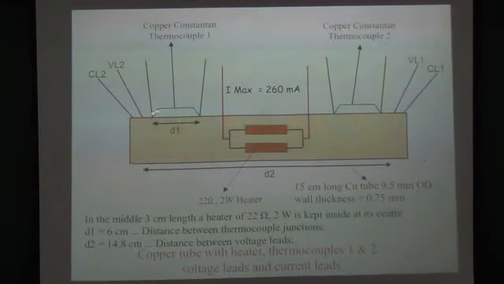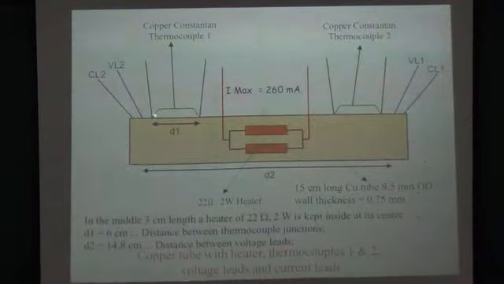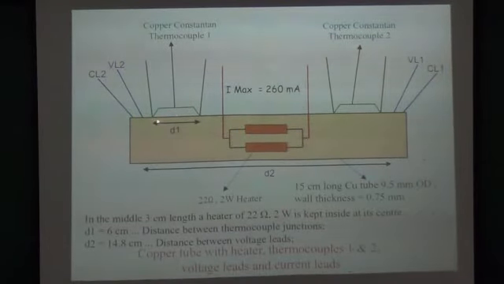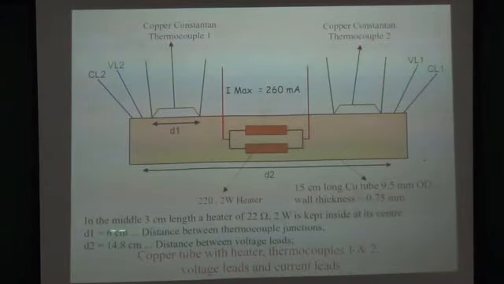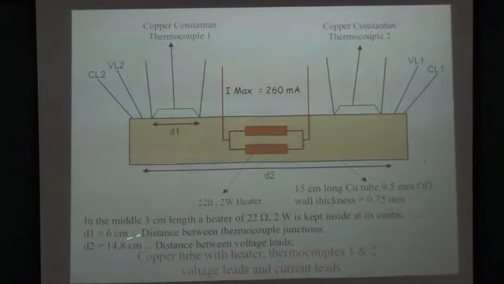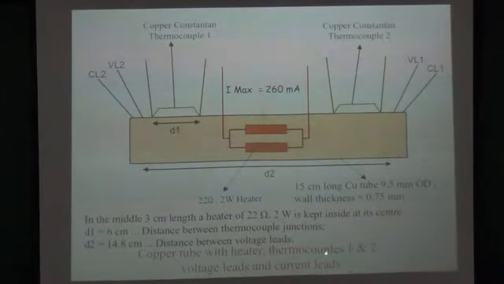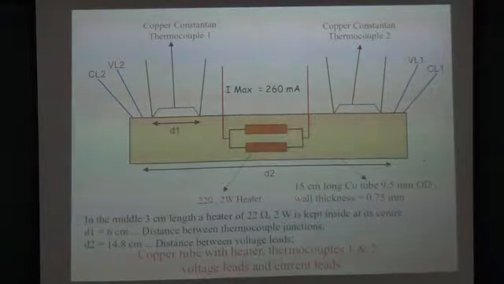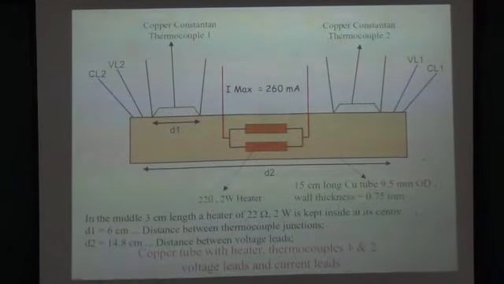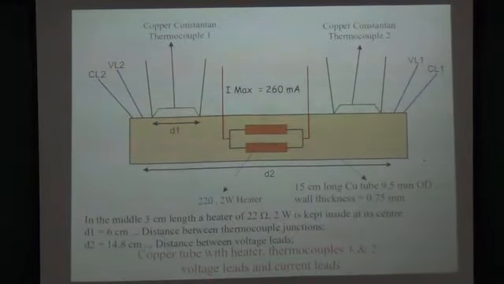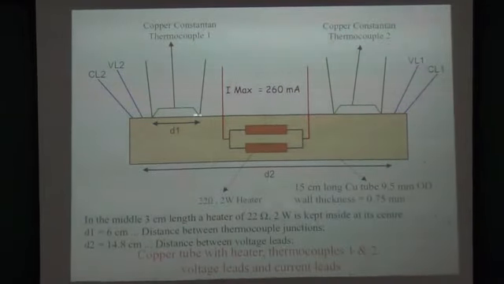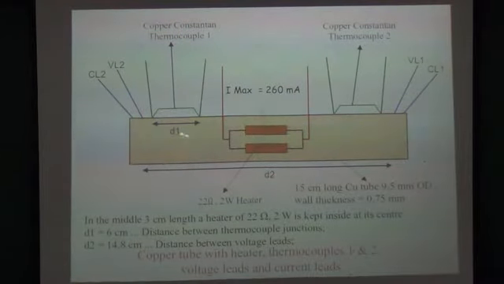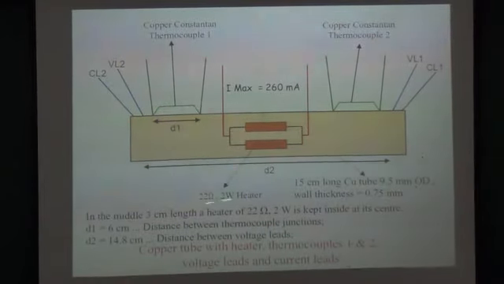One end of a copper constantan thermocouple is glued onto this tube here and another here. The distance between the two is d1. It is 6 cm. You need not rely on these data because these data are given in your manual also. When you are there on the experiment, you have to check the tube; if it is written as 5 cm, make use of 5 cm in your calculation. Okay, so the idea here is the distance between two thermocouples is large. It's 4, 5, 6 cm.